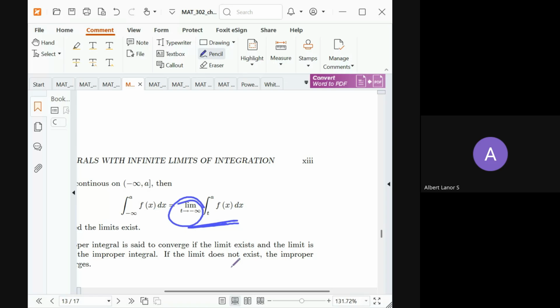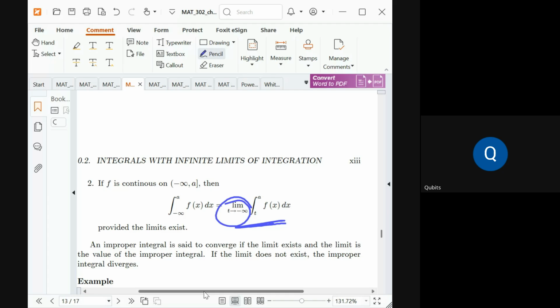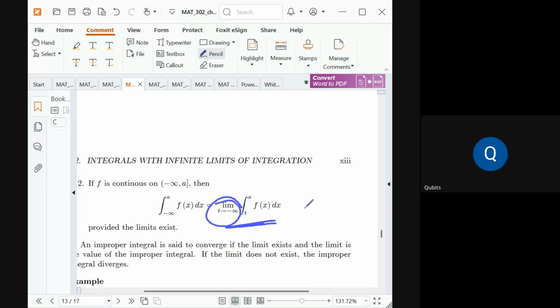Now, just as we said, if you do, and the limit is a number,